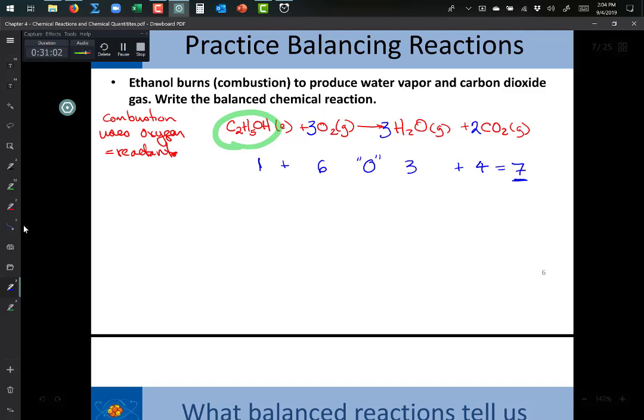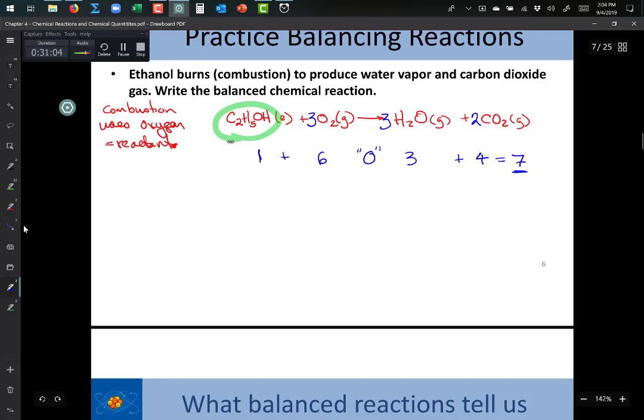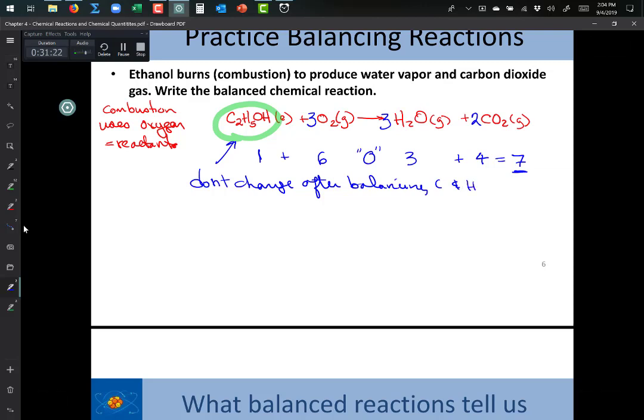So you see the process I did there? This was already balanced, so don't change it after balancing C and H. And then you just have to figure out how many more you need. And since oxygen comes as 2,